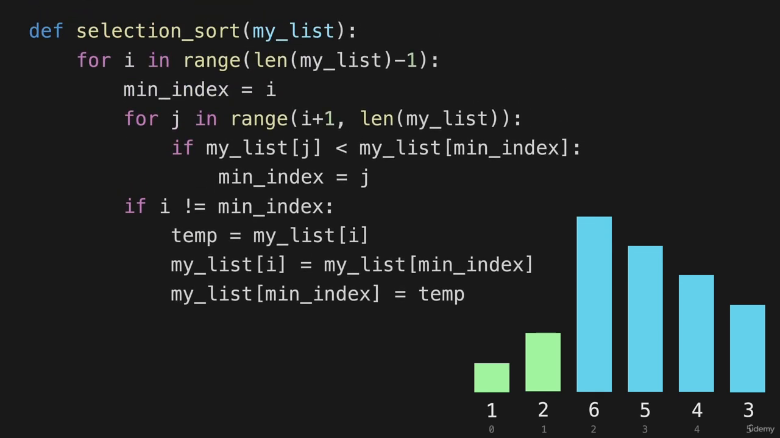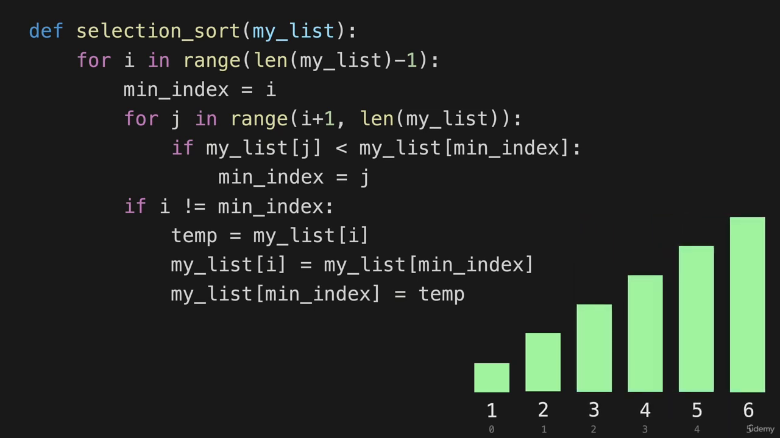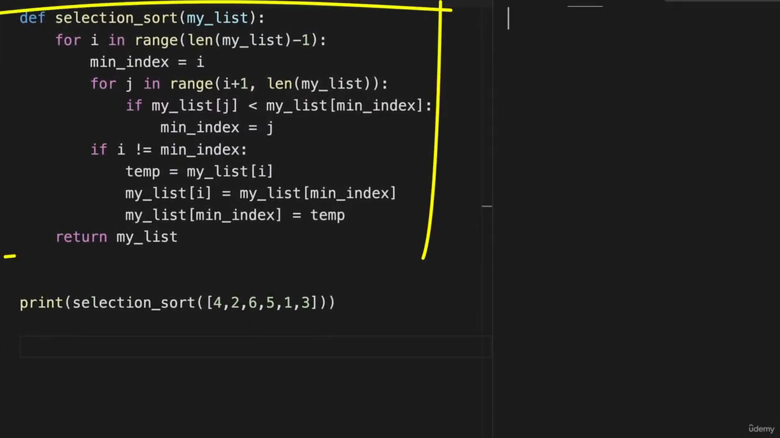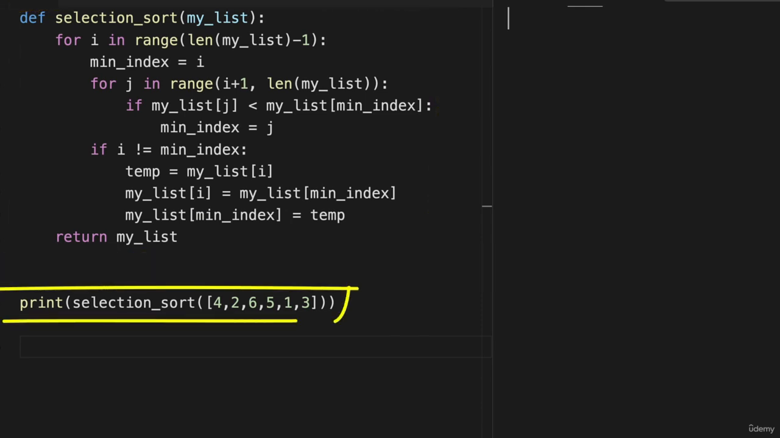And if we run this code to completion, it will make our list look like this. And the only thing left to do would be to return the list. Now let's go look at this in VS Code. Okay, there is our selection sort function. And then we're going to call that function here with that same list that we were working with before,